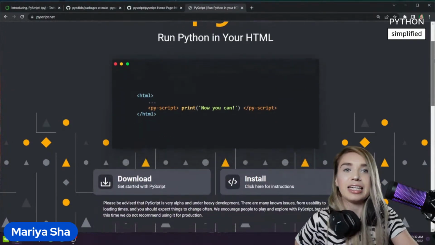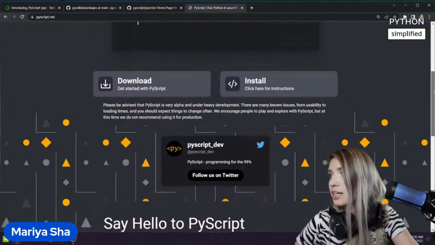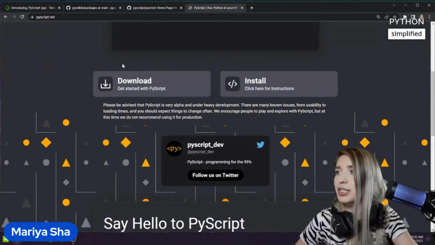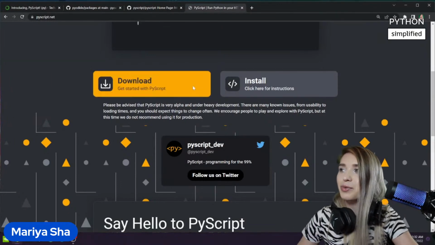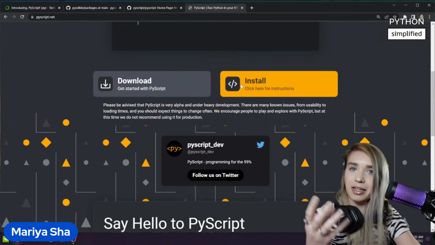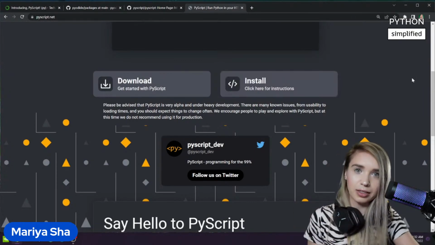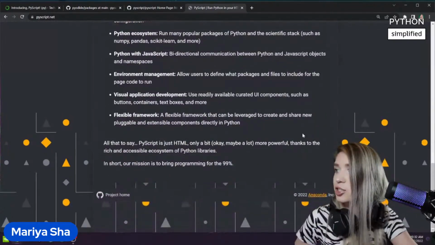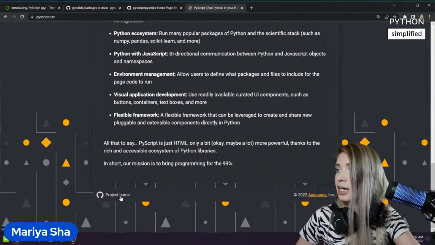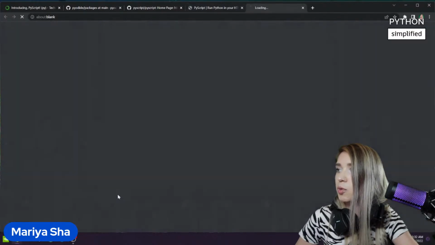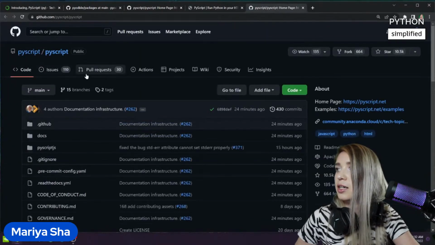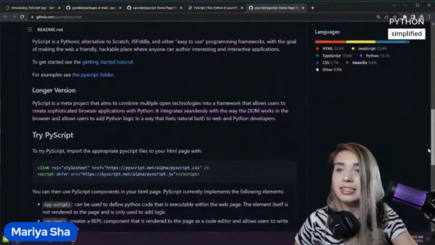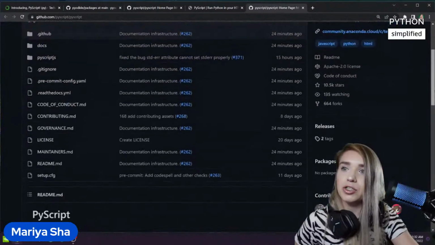So let's go ahead and take a look at the main website where we can either download or install it. However, in terms of downloading, we don't really need to install it on our computer. We simply copy 2 lines of code similarly to Bootstrap, and that's how it works. So let's quickly jump into the demonstration, and then we can talk about the code. So we will first click on this project home, which gets us to the GitHub repository of PyScript. And here we can then go ahead and jump onto the